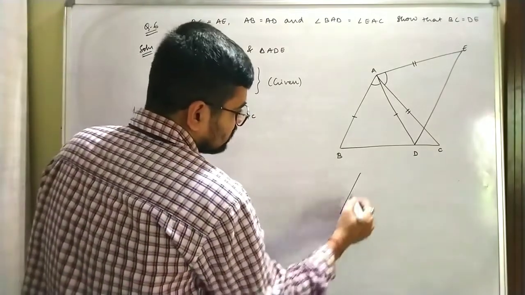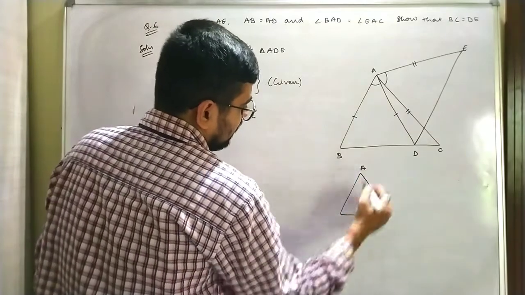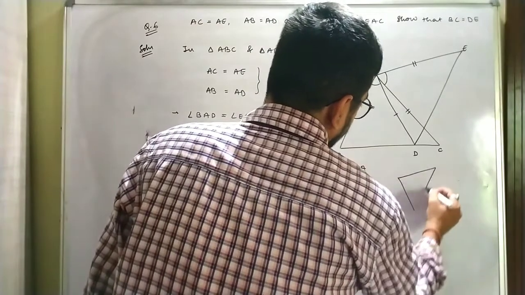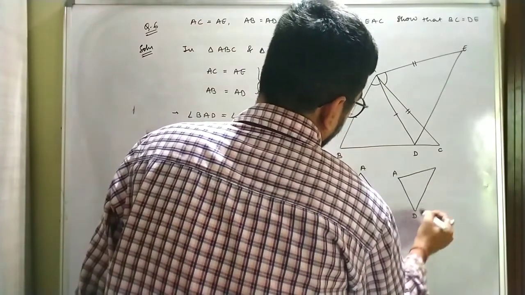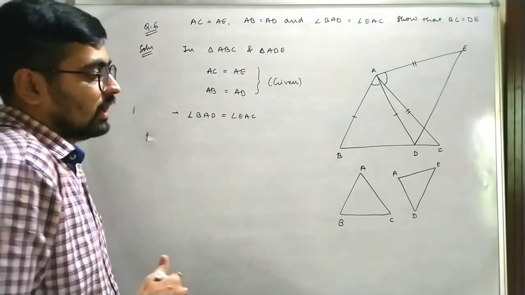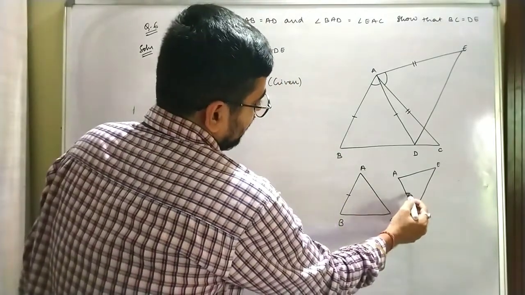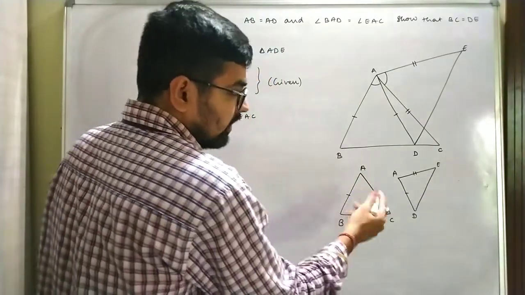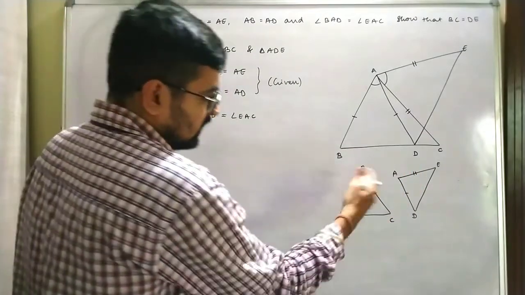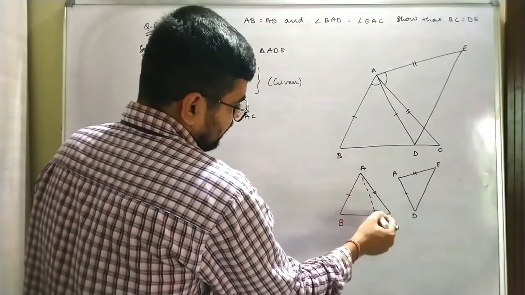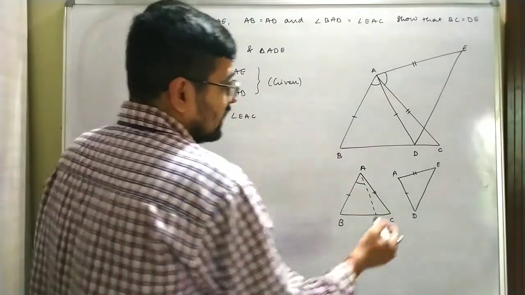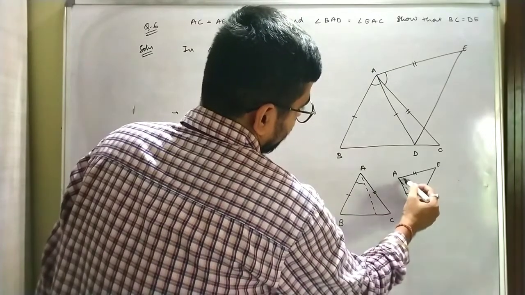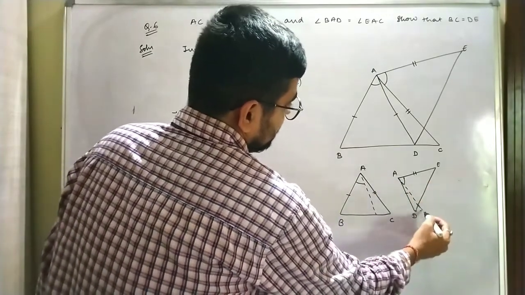But if you are looking at these two triangles, I will draw separately for you again to understand properly. ABC, and we are looking at a triangle ADE. This is the triangle, or DAE, whatever you want to say. So I know that AB, AD, AC, AE. But the problem is we don't have any angle directly known to us in this particular triangle. You know this angle, here D is like this, so we know this BAD. Here angle C is, somehow going down, correct? And we know this angle EAD, oh sorry, EAC, correct?